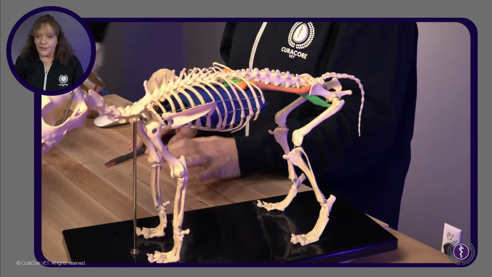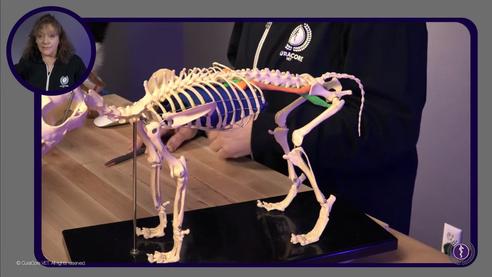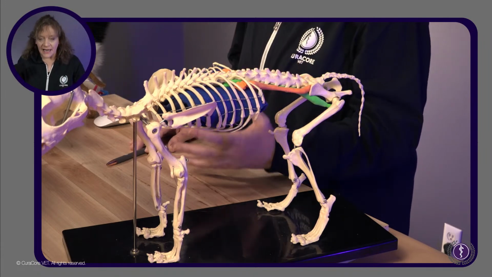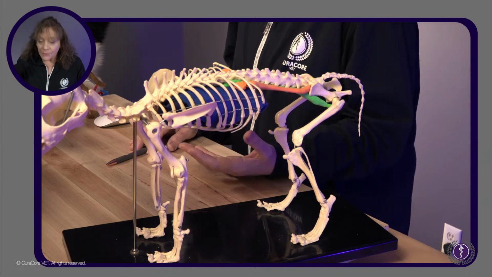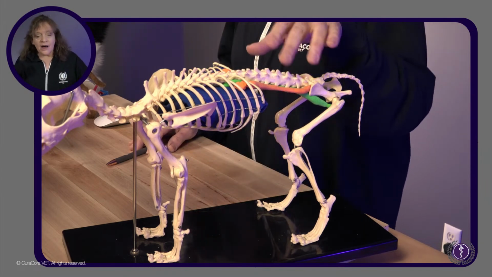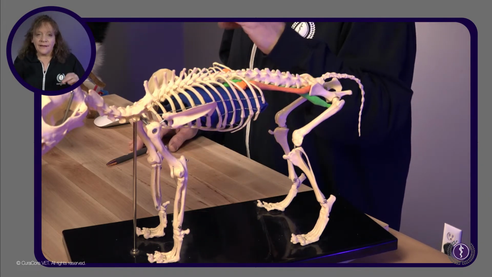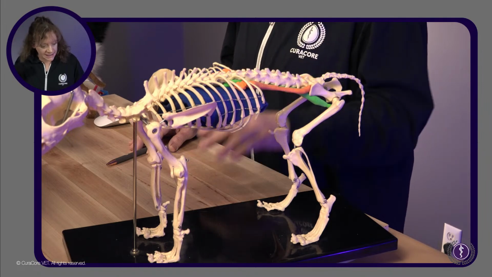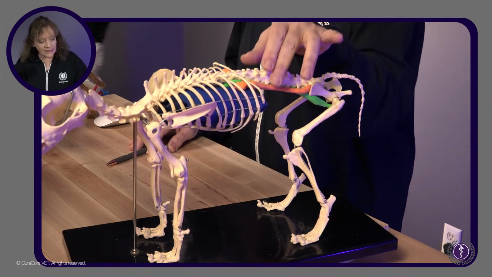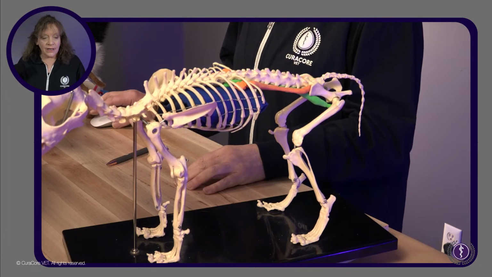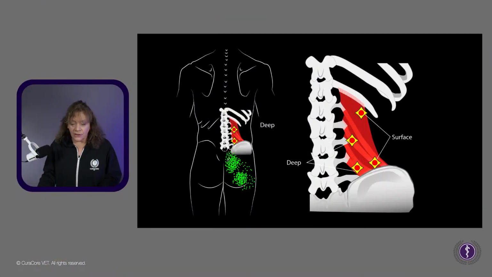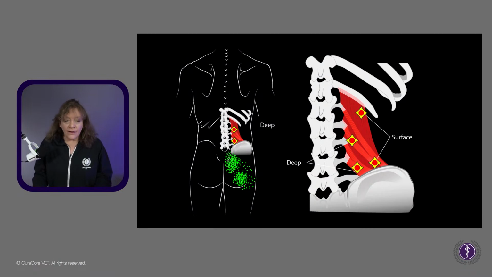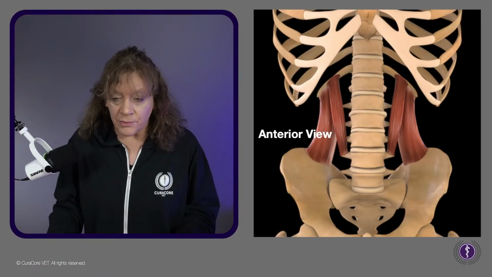So that's the beauty of things, is that the more anatomy we know, the better we'll be at things. But I think that most of you might not be able to remember being taught about the quadratus lumborum in vet school or other places. And it's very hard to access.